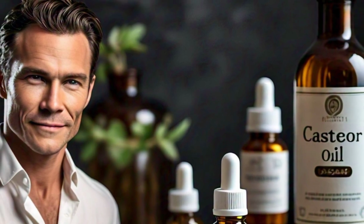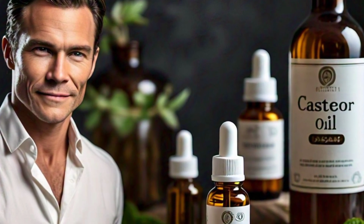When you apply a small amount of castor oil directly onto your scalp and gently massage it in, you're doing more than just moisturizing the surface. You're improving blood circulation to the hair follicles. This increased blood flow ensures that the hair roots receive more oxygen and nutrients, which are critical for promoting stronger and healthier hair. For best results, apply a small amount of castor oil before bed, massaging it into your scalp